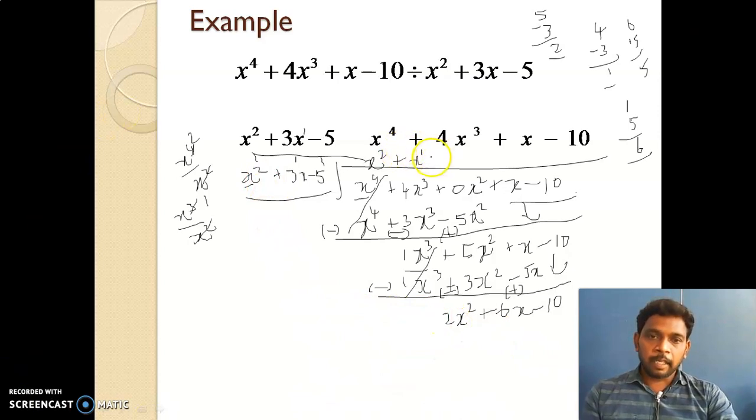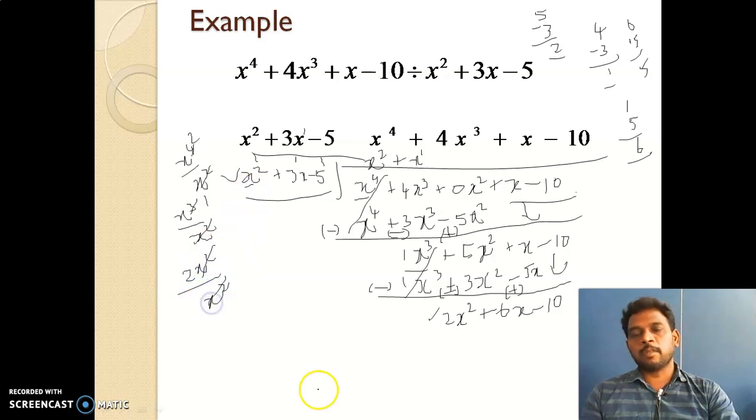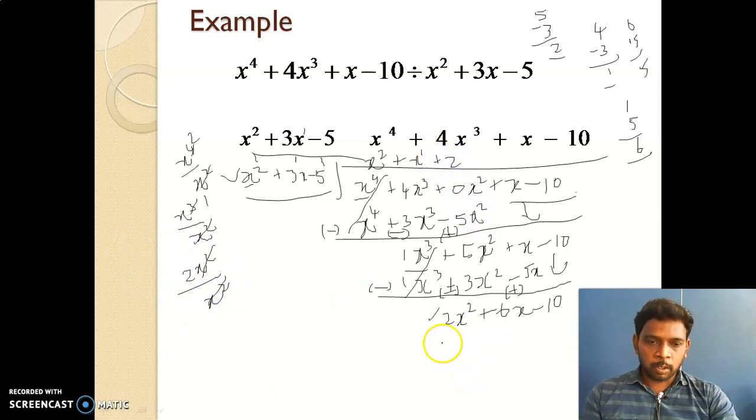Okay. So how can I write the next step of the quotient? Again divide the first term by the first term here. Okay. So here the first term is 2x square. So 2x square divided by here x square. Okay. So both are the same variable, so x square will cancel. Remaining 2 is there. So write here plus 2. Okay. After writing this, write the first term here as it is. That is 2x square.